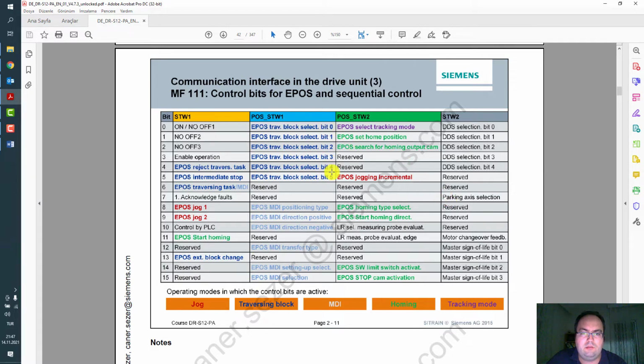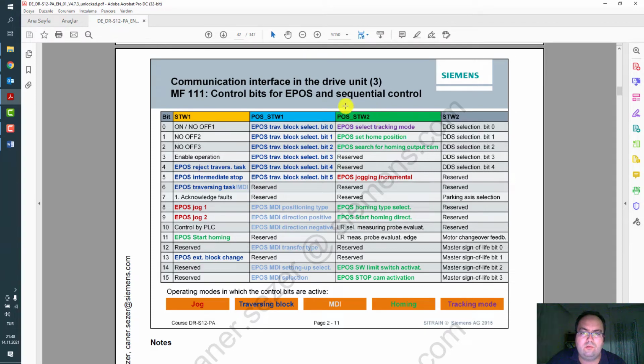There are 6 bits for selecting traversing block in position control word 1, MDI direction positive negative bit, and positioning type relative or absolute. It should be selected from PLC via communication line.